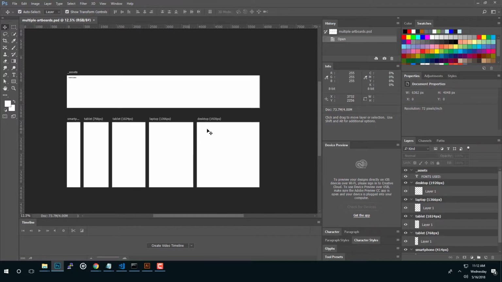This way, it won't lose quality in desktop or any different screen size. For example, if I have a hero image here, it's linked to another Photoshop file, and then I can resize it in any artboard and it won't lose its quality. And this is important